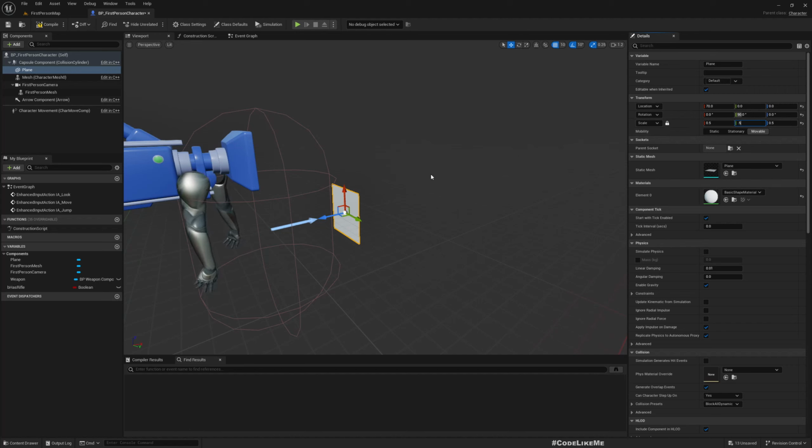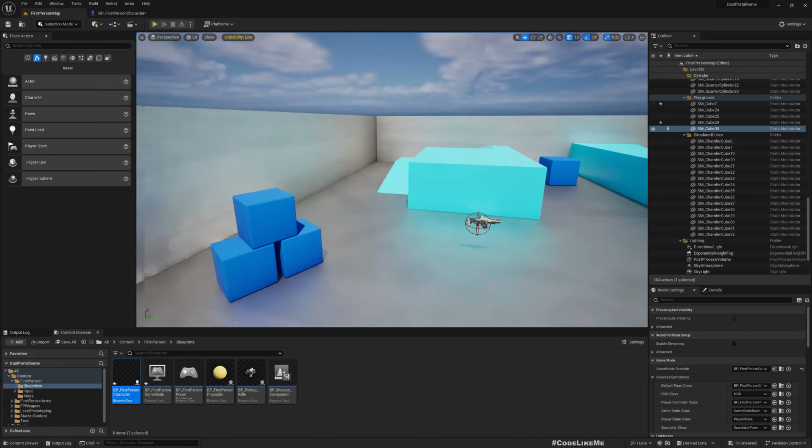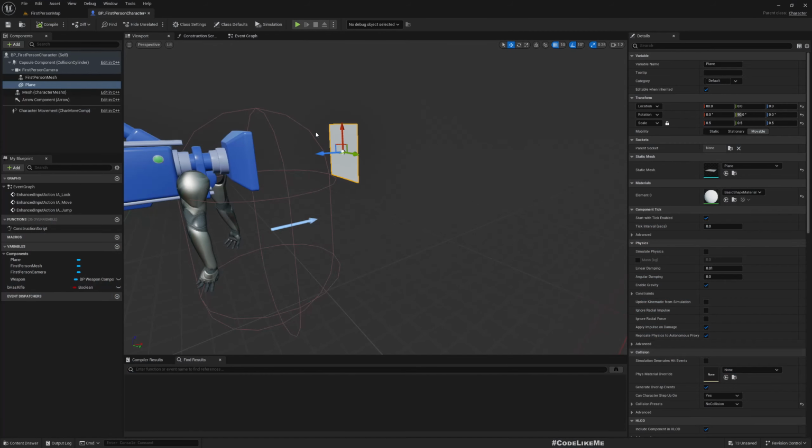It should be a child of the camera component. I'll place it directly in front of the camera. Now, to avoid possible problems, I'll disable collisions for this. So this is how it looks now, and we need to render the way it looks in the other time